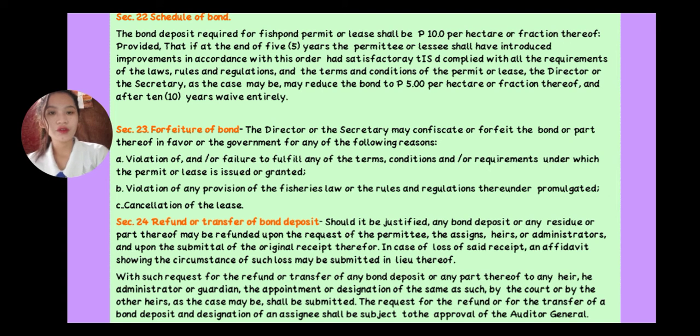Section 24, refund or transfer of bond deposit. So, should it be justified, any bond deposit or any residue or part thereof may be refunded upon the request of the permittee, the assigns, heirs, or administrators, and upon the submittal of the original receipt therefor. In case of loss of said receipt, an affidavit showing the circumstance of such loss may be submitted in lieu thereof. With such request for the refund or transfer of any bond deposit or any part thereof to any heir,